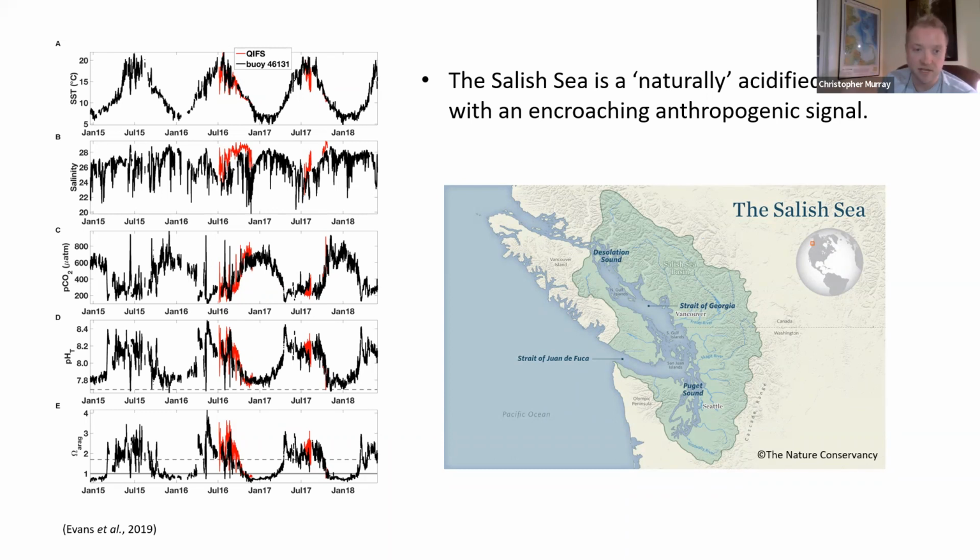What this means for the organisms living in this habitat is important. First, it means that Salish Sea ectotherms must be adapted to these natural CO2 fluctuations. There's no way around it. They experience these as a natural state. And as a consequence, they must be able to tolerate these natural fluctuations. But that also might mean that they're living much closer to their physiological tolerance limits.